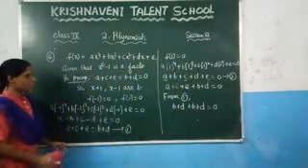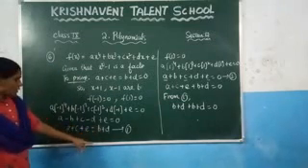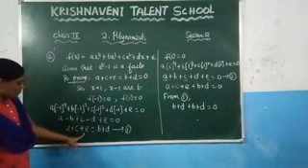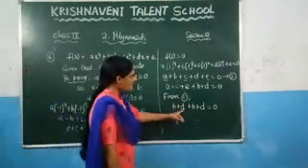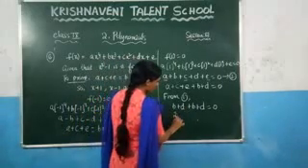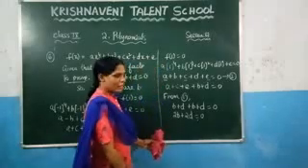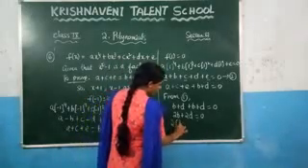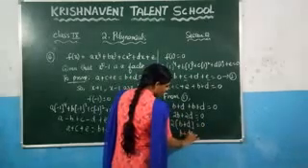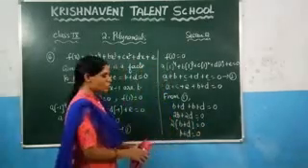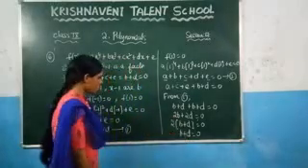Again, what we got it here? We got it here a plus c plus e is equal to b plus d. So in place of a plus c plus e, you can write here b plus d. So how many times b is there? 2 times. You will get 2b plus 2d is equal to 0. Here you can take 2 common. So what is left out here? b plus d is equal to 0. Since if you take 2 to that side, it will become division. So we will get b plus d is equal to 0.